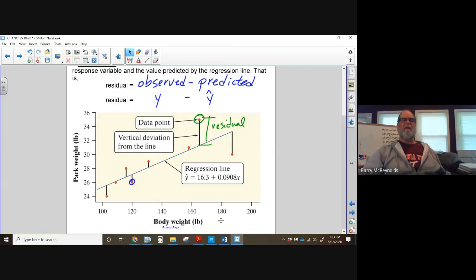Let's see what this graph is. Oh, this is back to the body weight versus pack weight for hikers. And so what we found was a hiker with a low body weight also tended to carry a low pack weight, and that makes sense. Smaller people carry smaller packs, okay? And so when we calculate this regression line, here's an example of where the